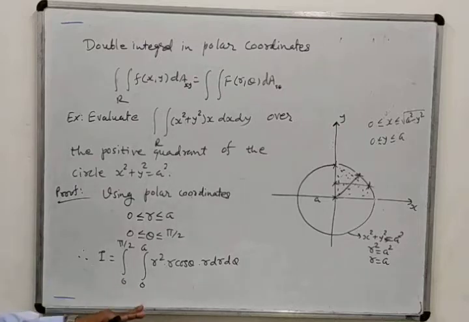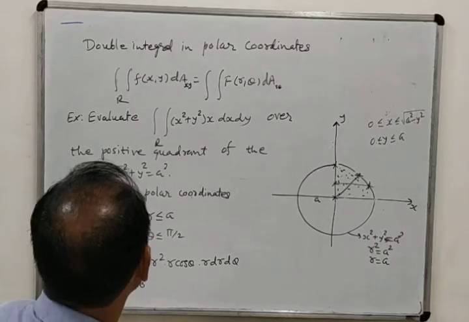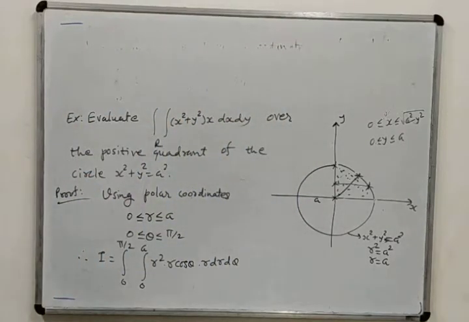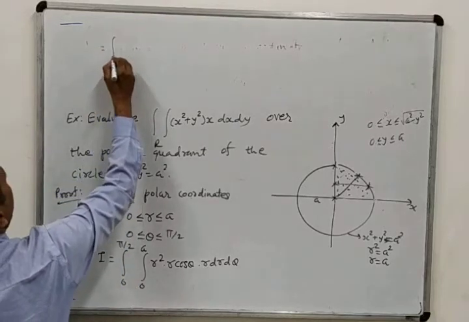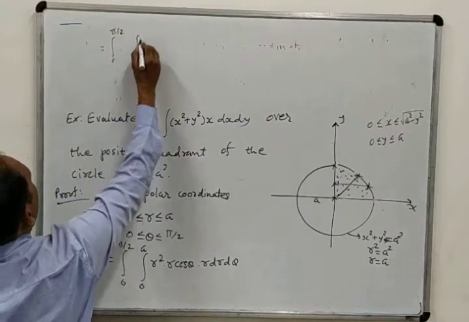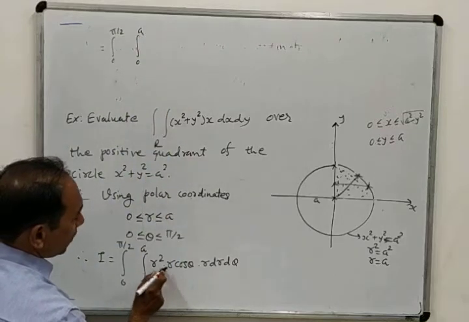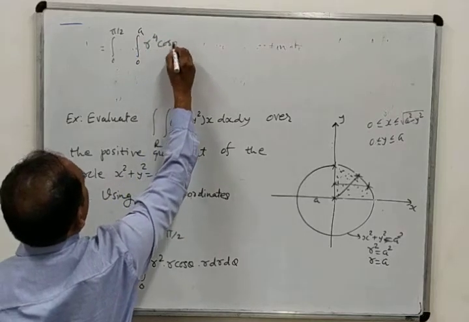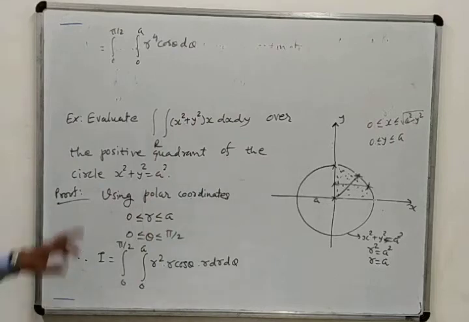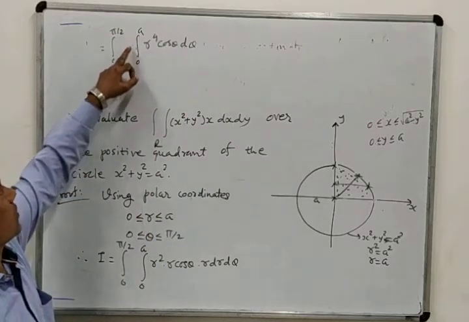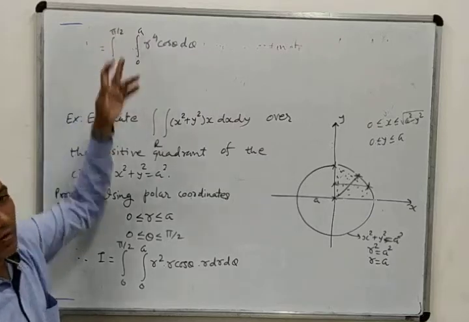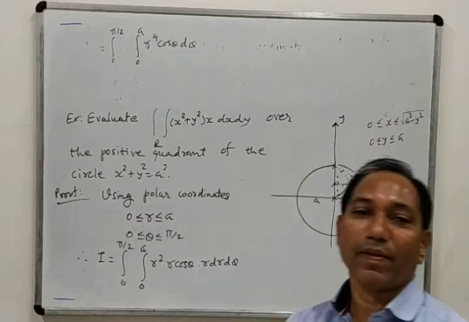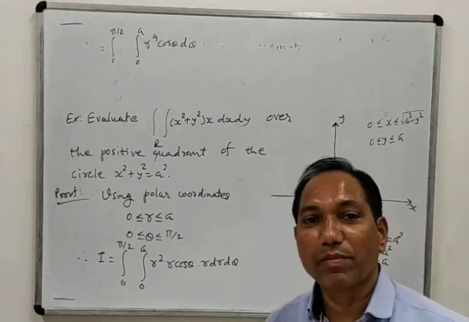Instead of this, you will observe that the integration becomes very easy. So now see, we will solve this one. This equals the integral from 0 to pi by 2, 0 to a. This is what? r square into r cube, and this is r. So r raised to 4 into cos theta d theta. Here you must observe that the limits of this integration are constant. These are also obviously constant. So when we integrate and put in the values, we will get constant values. So this will be taken outside the integration. So integration becomes easier.